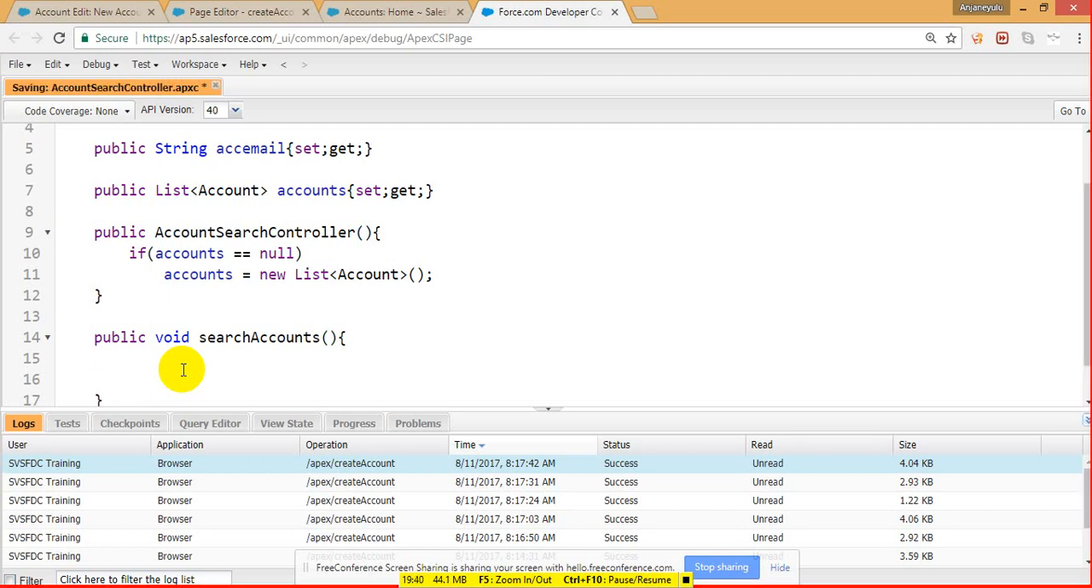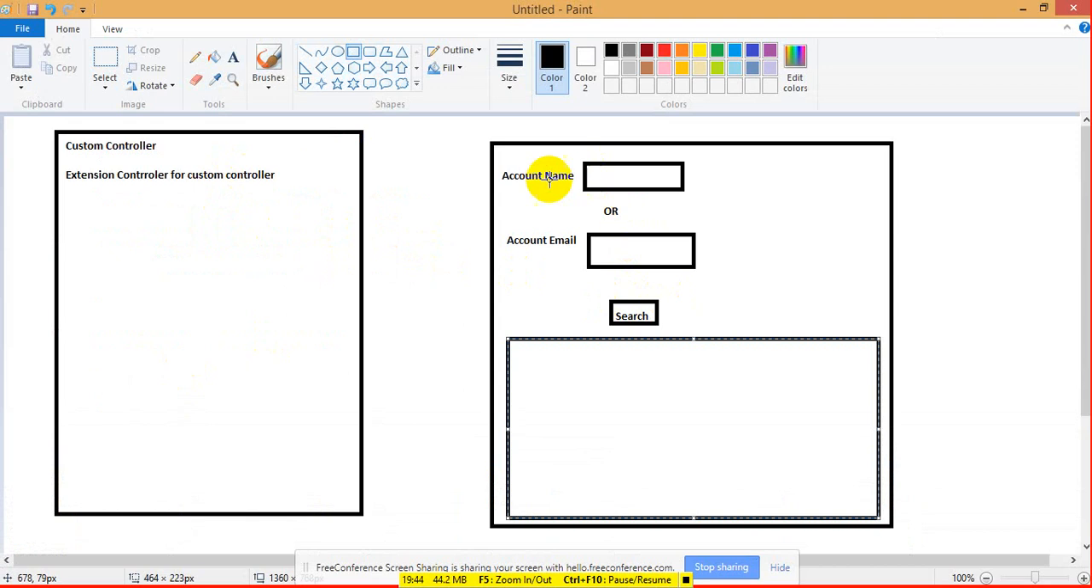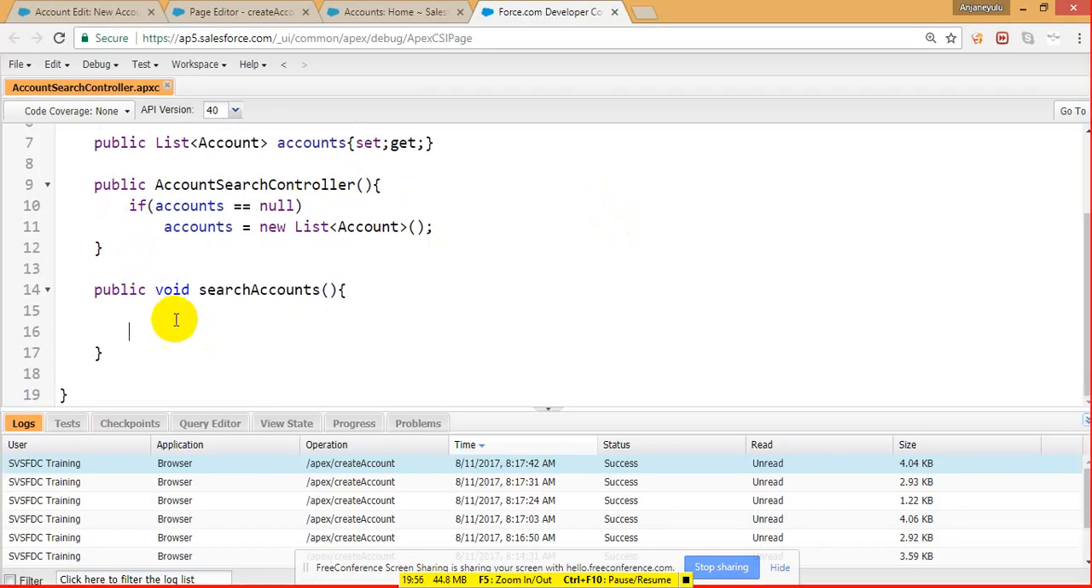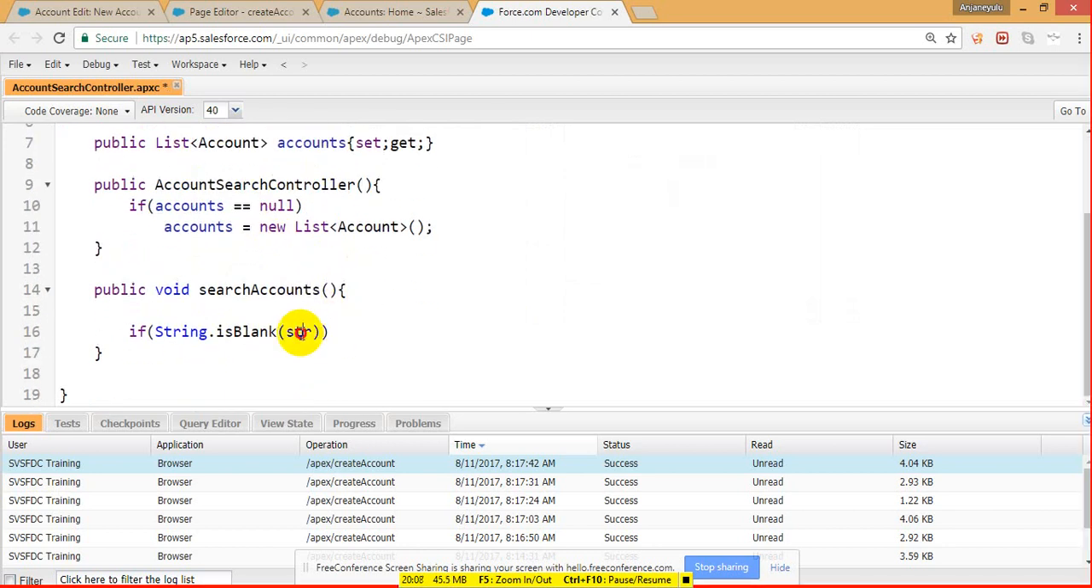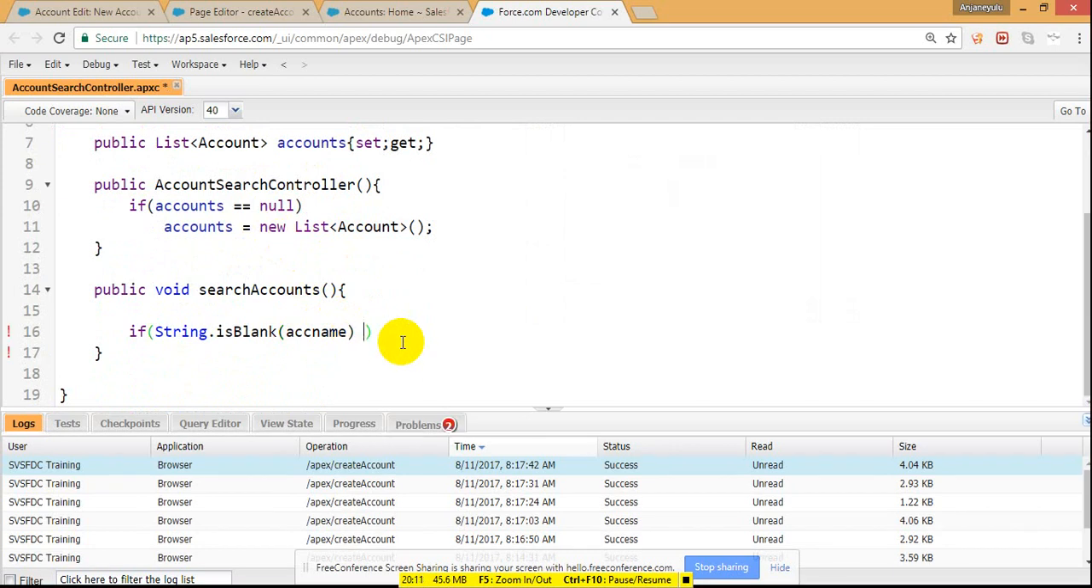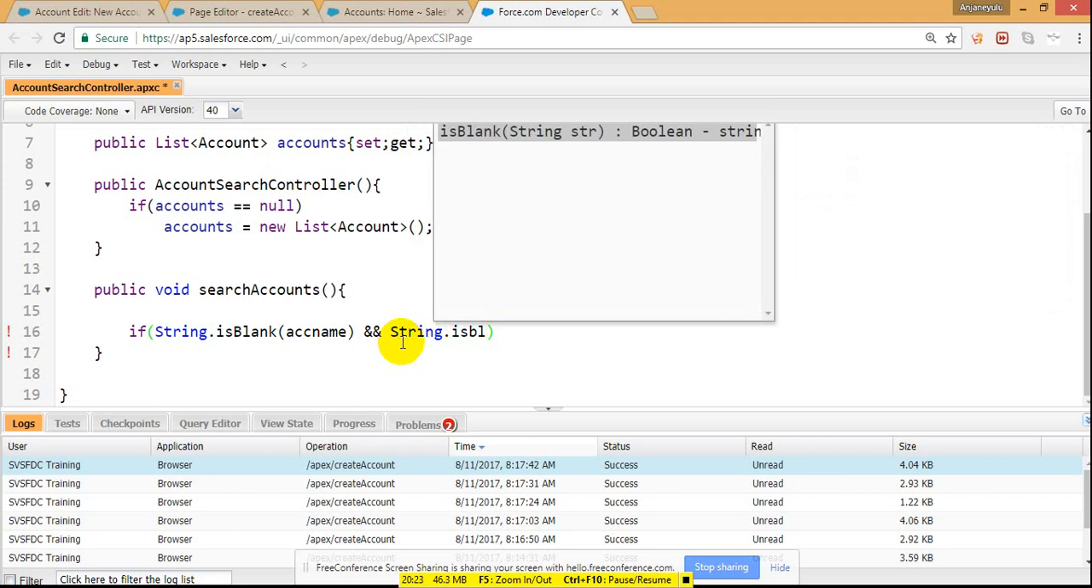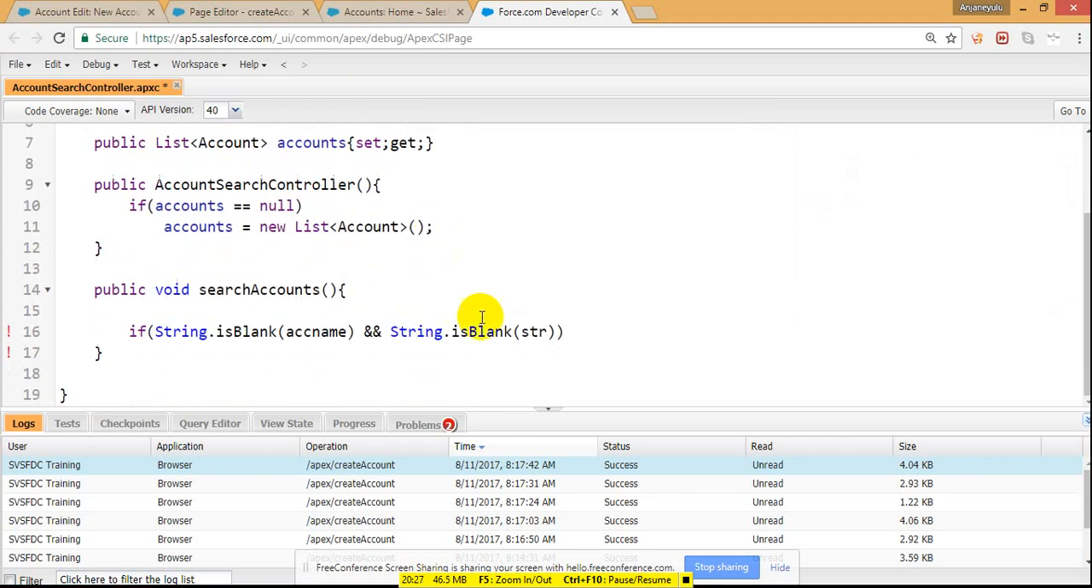Now when I click on this search button, I might have the account name or account email. If both are not there, then I should throw the error message, right? So before that, I'm just checking if string dot is blank of this and if both are blank, string dot is blank. Yesterday we have seen that. What is the syntax? Apex pages dot